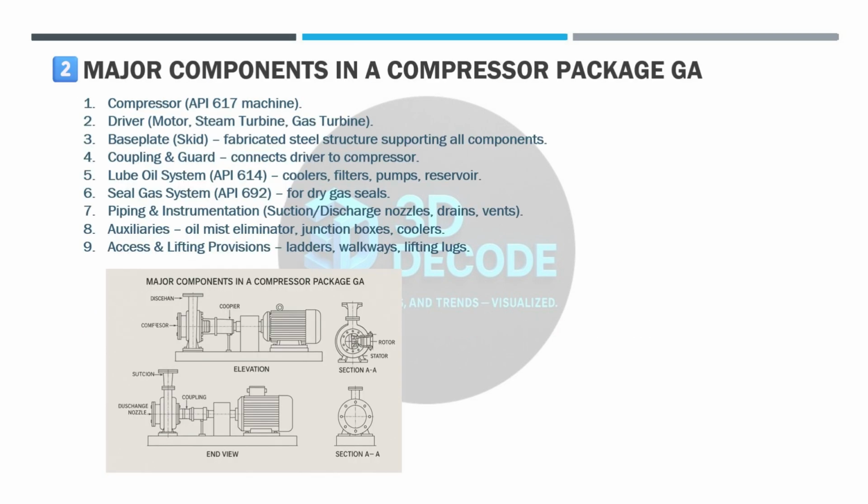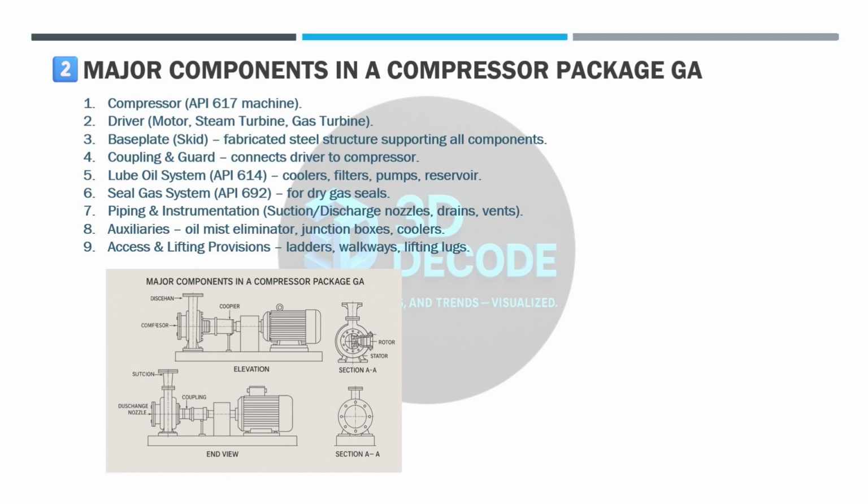Major components in a compressor package. In a GA drawing, the major components you'll see include compressor, API 617 machine, driver, motor, steam turbine, or gas turbine, baseplate or skid, the steel structure that supports everything, coupling and guard, connecting driver to compressor, lube oil system,